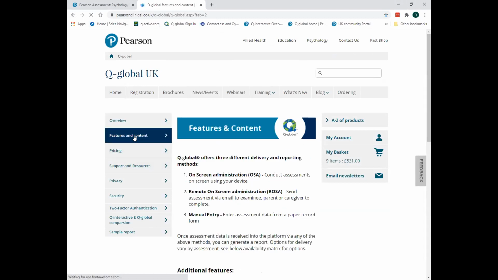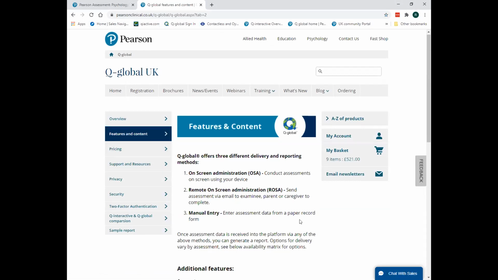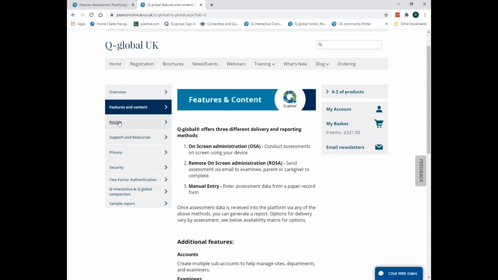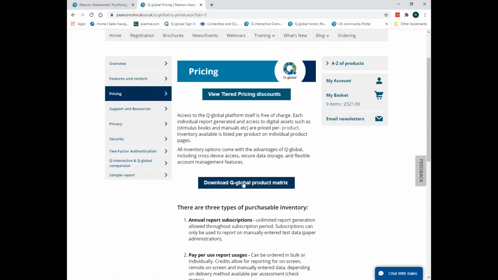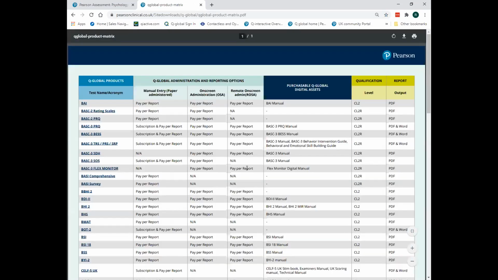Just to look at some of the content and the assessments that are available on the platform, the best place to go for that is actually the pricing tab on our website. Now here you can see a product matrix of all of the available assessments for Q Global. If I just bring that up now,